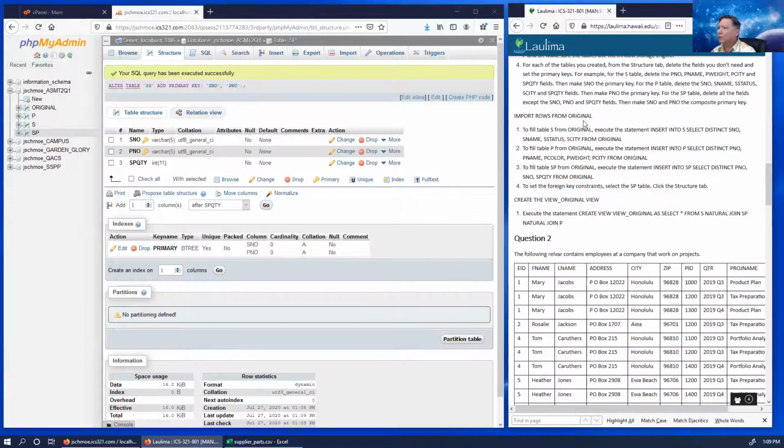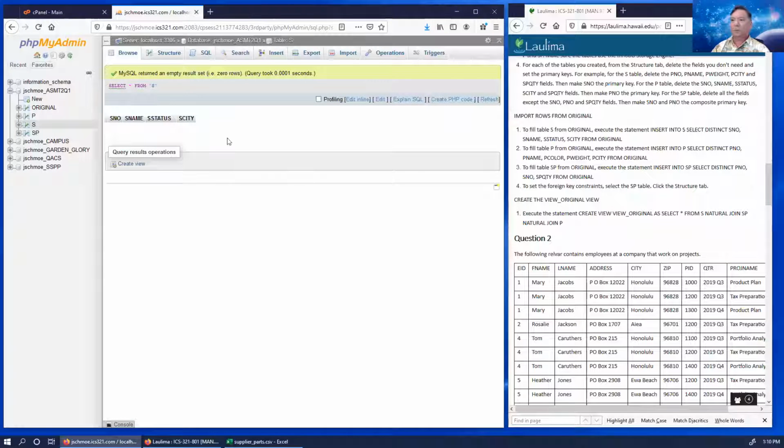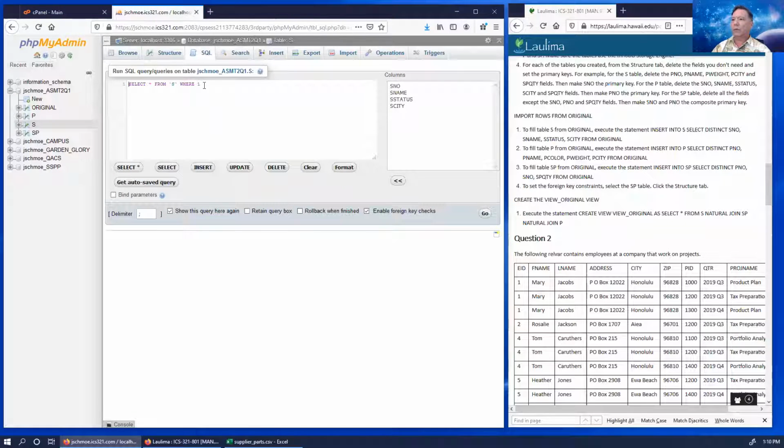Next, I'm going to insert the rows from original. So that's pretty easy. I give you what to do here. For the S table, you just execute this instruction. I'm going to do that for you. Right now, the S table is empty, and so I'm going to do an SQL statement here, and I'm going to